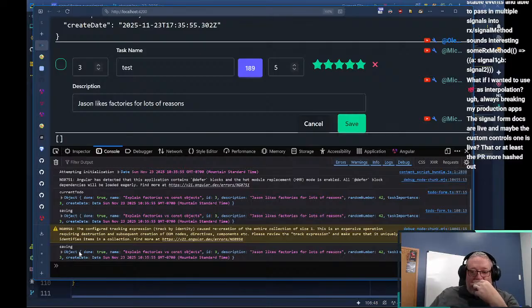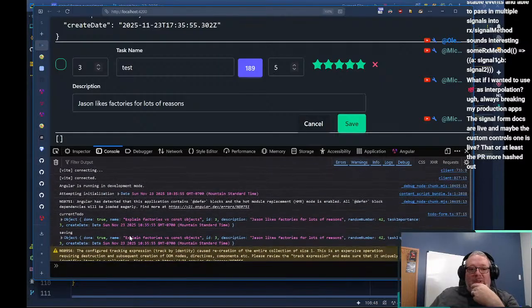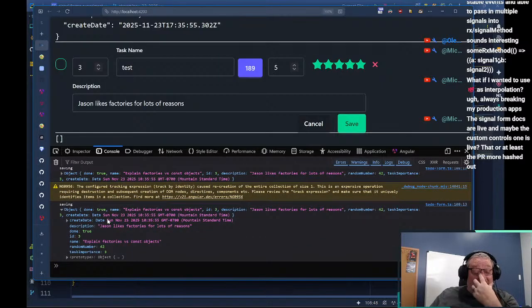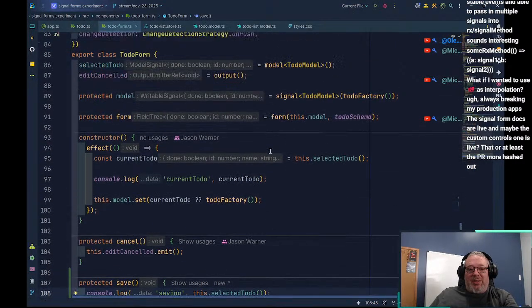Okay, so we've got an issue here in that the form isn't changing what's in the selected to-do, so the selected to-do is not being passed to the form, which makes total sense.